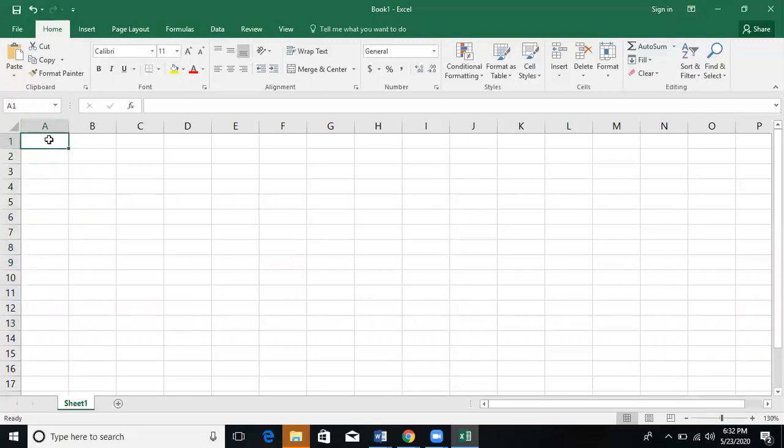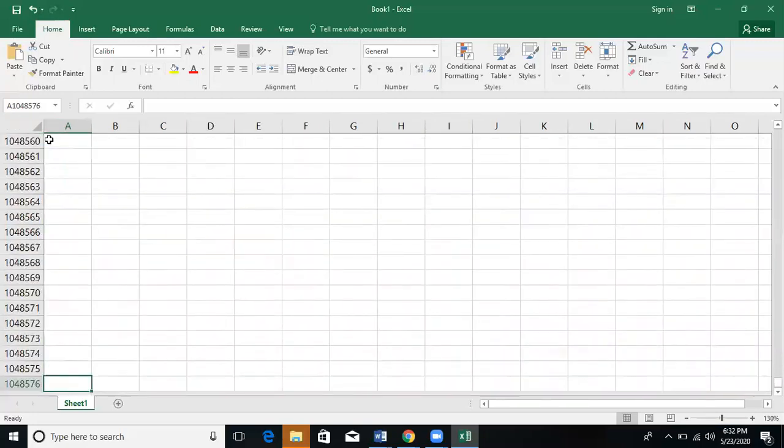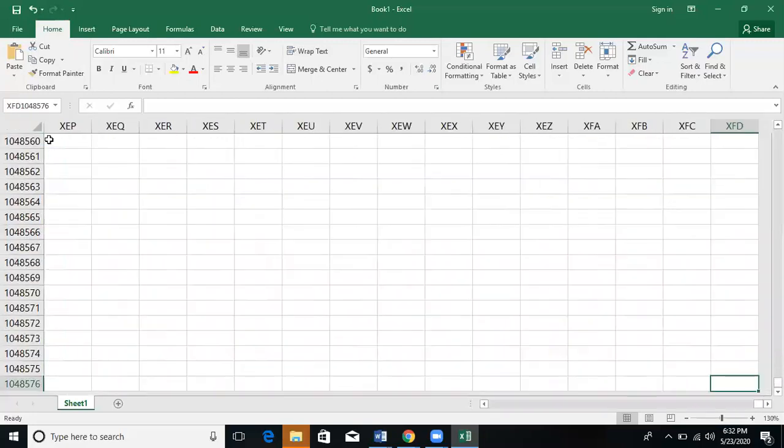And if you want to check how many rows and how many columns are there, press Control down arrow: 10,48,576 rows. Control right arrow: XFD it is.